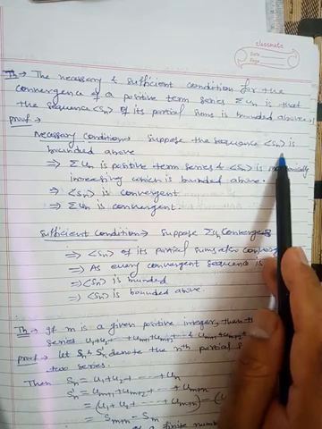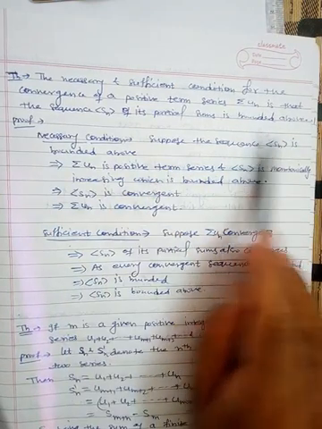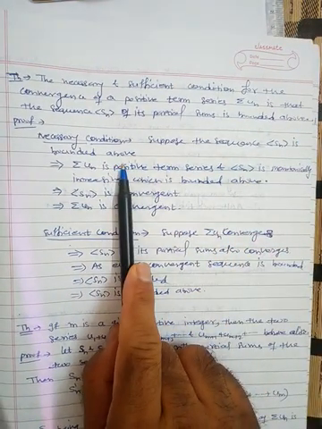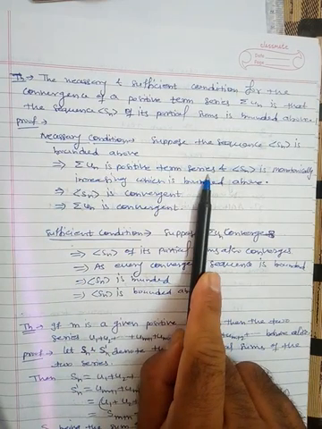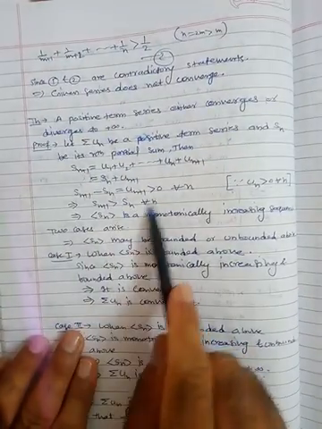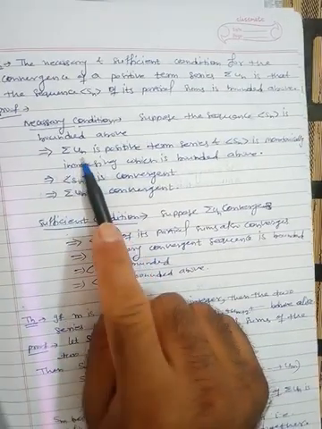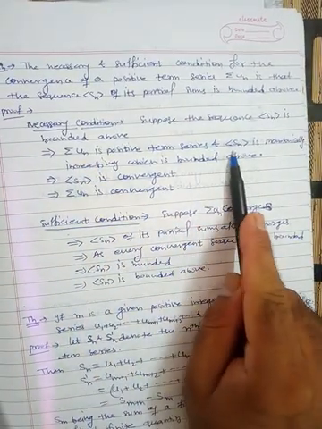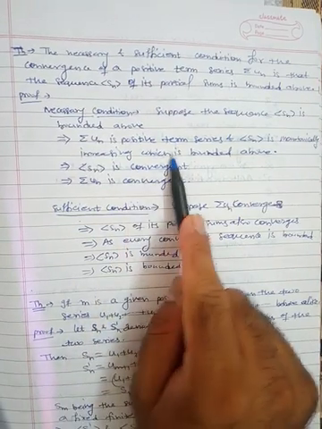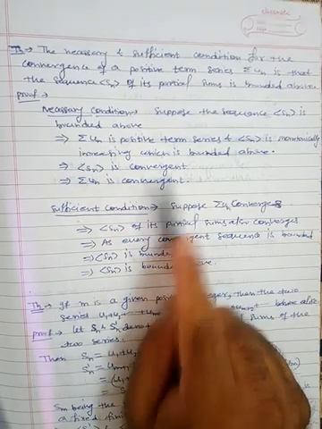So now the necessary part. Suppose the sequence Sn is bounded above. Then since our series is a positive term series, and the sequence is bounded above, and we have already seen that if the series is a positive term series, then the sequence is monotonically increasing. Fine. So here we will use this concept. Since this is a positive term series, Sn is monotonically increasing, which is already bounded above, as we have assumed. So that's why the sequence converges, and if the sequence converges, the series converges.